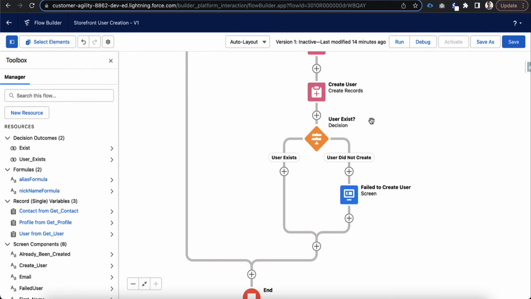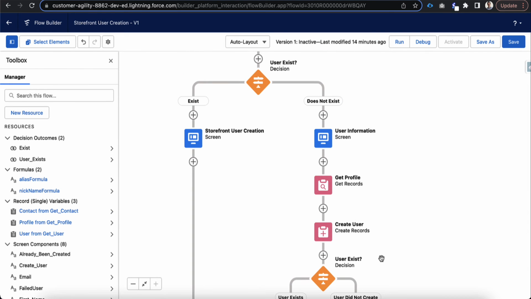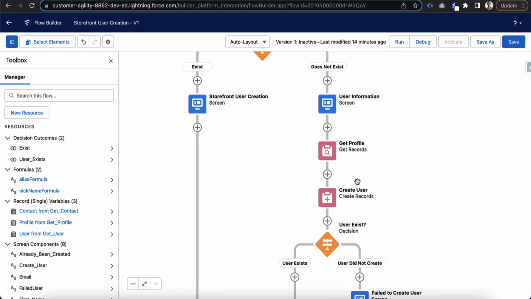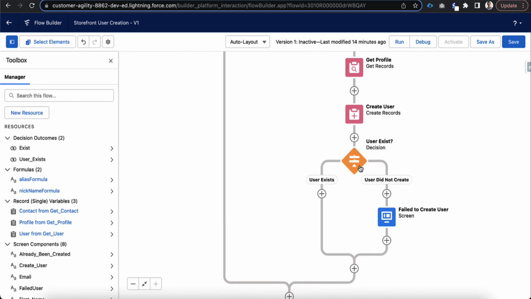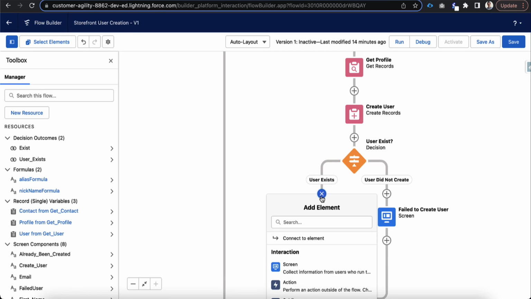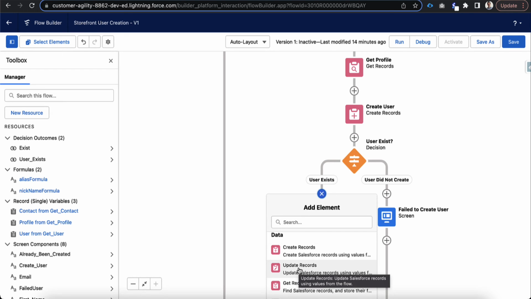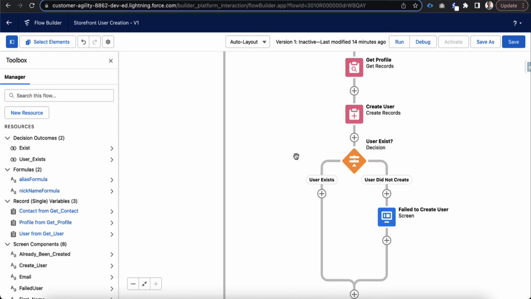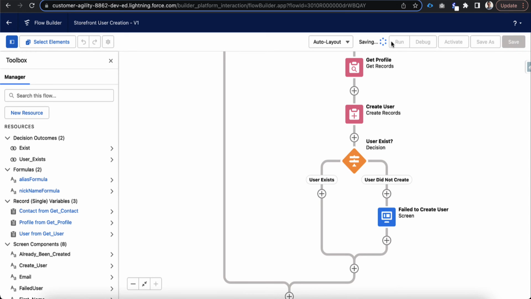Okay, so now let's backtrack for a second to make sure everyone's following here. So we've input the information about the user, we've gotten the profile ID, we have then created the user, and we've checked to make sure the user was created. And once we actually have created the user, the next thing we're going to do is update our contact. And we're going to update our contact with a flag that basically says this community user has been created. That doesn't exist for us yet, so the next thing we're going to do is click Save here, and